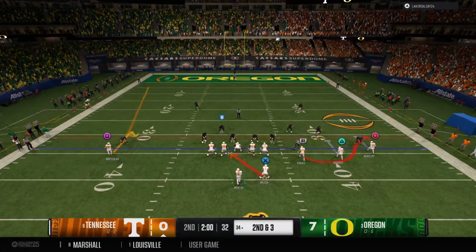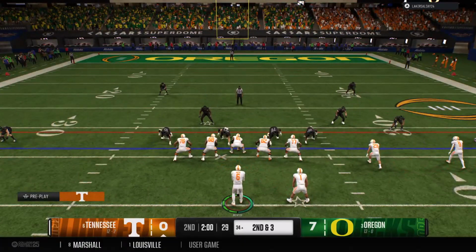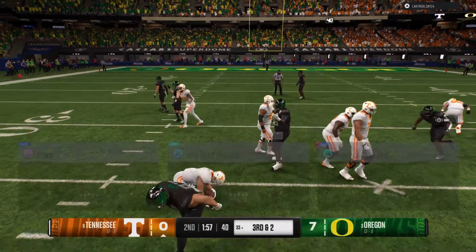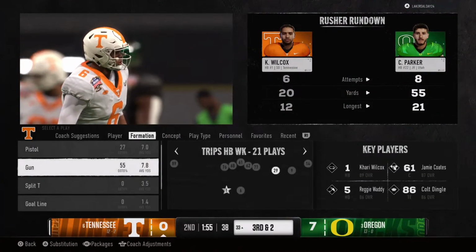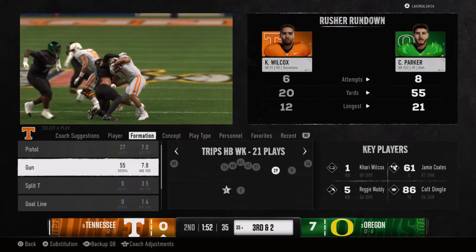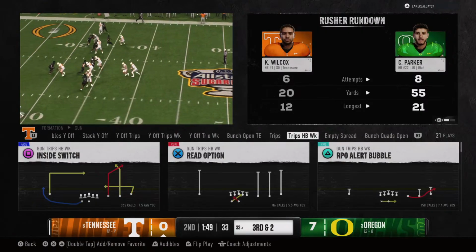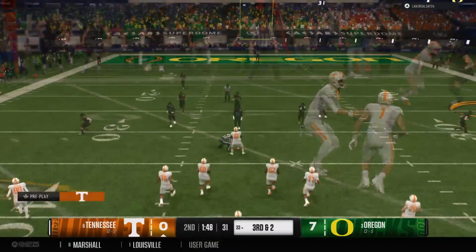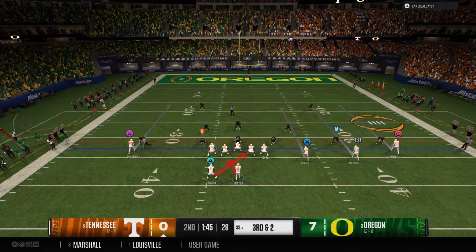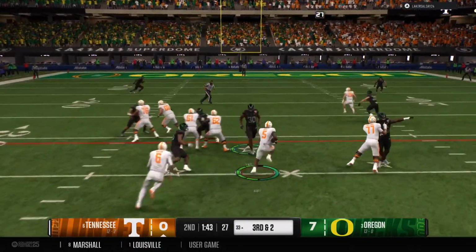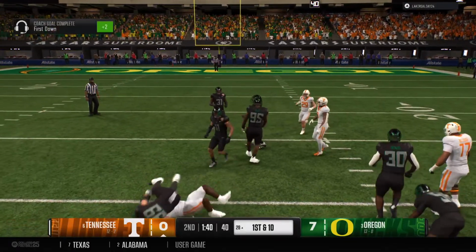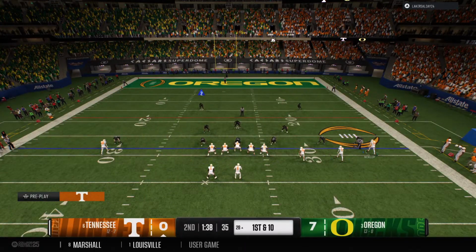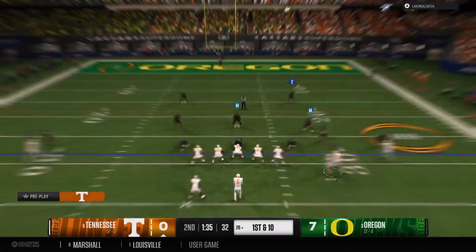7th play of the drive coming up. Using the ground game here. Tailback has the handoff. Crucial third down play right here. And they'll run it here. That's the running back with the ball. Tackled at the 28. This offense threatening now. Another first down. The Vols will hustle to the line here to run the hurry up. Secondary up now, trying to jam these receivers.